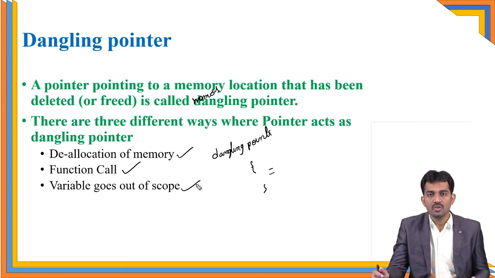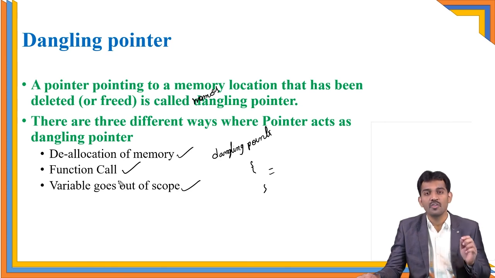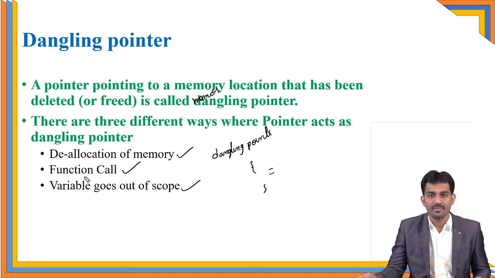Is this clear? So in today's session we have seen what a void pointer is, what a wild pointer is, what a dangling pointer is, right? What a null pointer is. We have seen, right? These four are very, very important in terms of interviews. In the technical interview, most of the interviewers are going to concentrate on these questions, right? Try to concentrate on this topic.